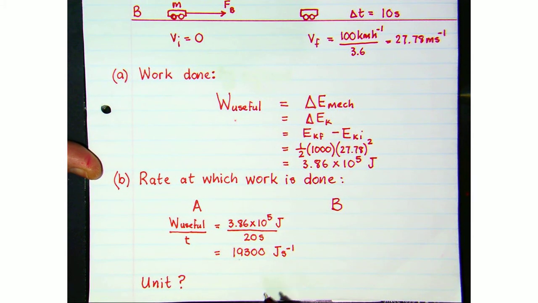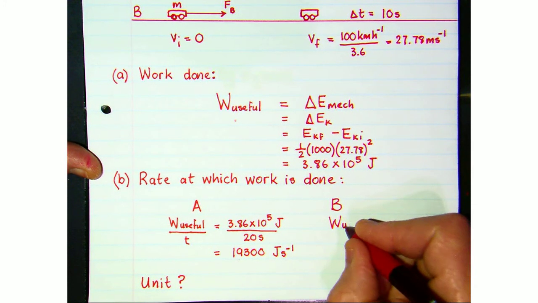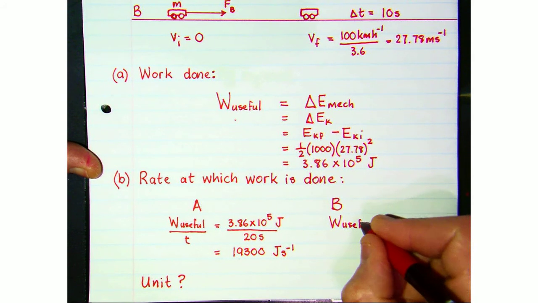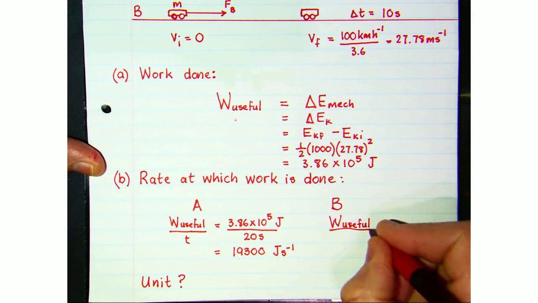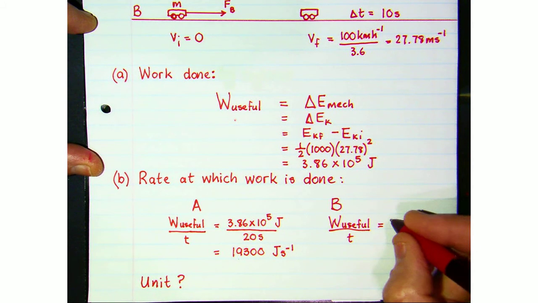So the engine in car A is doing 19,300 joules every second. Joules per second. And car B, the useful work done divided by the time would be equal to the same amount of work being done